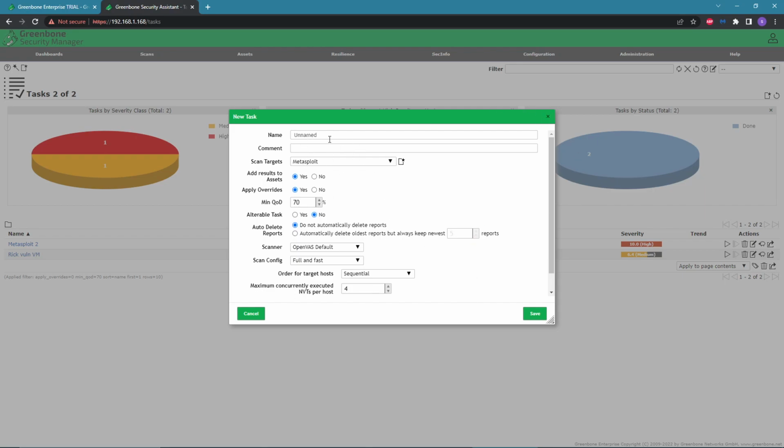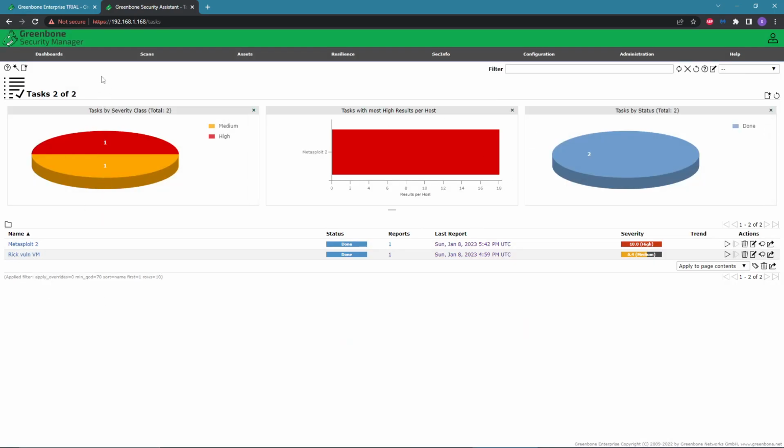So once you give a name to the task and you save it, you should get something that looks like this. You would just basically click this play button to start. It would go into a queue, and then after about 20-ish minutes or so, you would get a report that it's done. I'm not going to show the vulnerable machine one because it really didn't show anything that interesting,